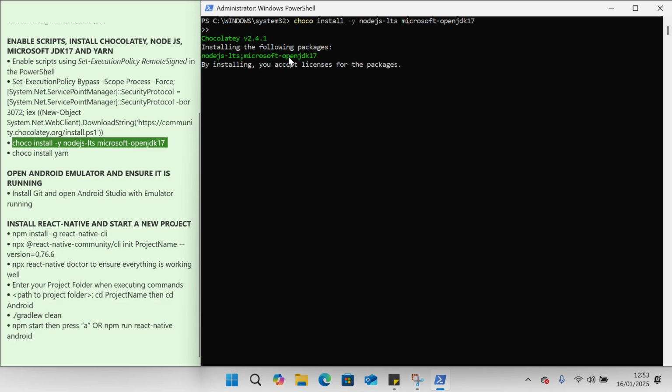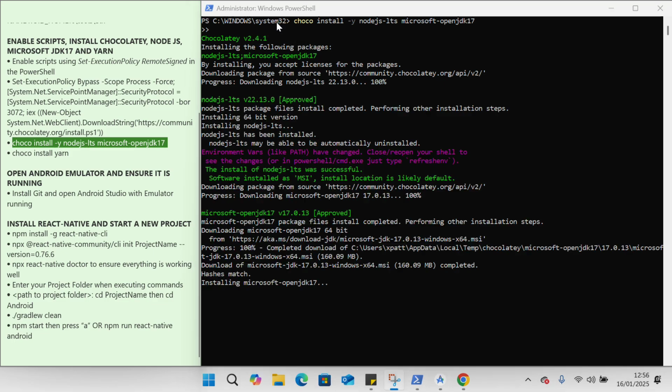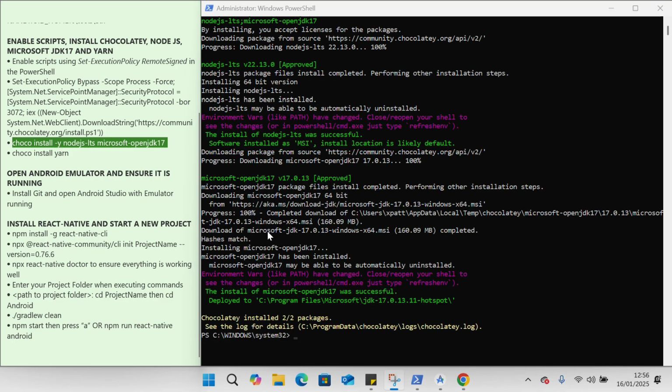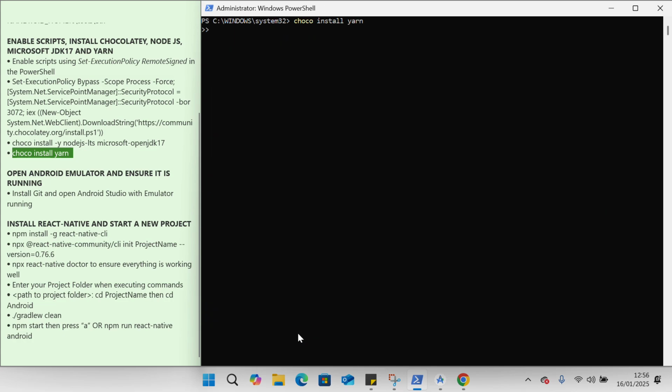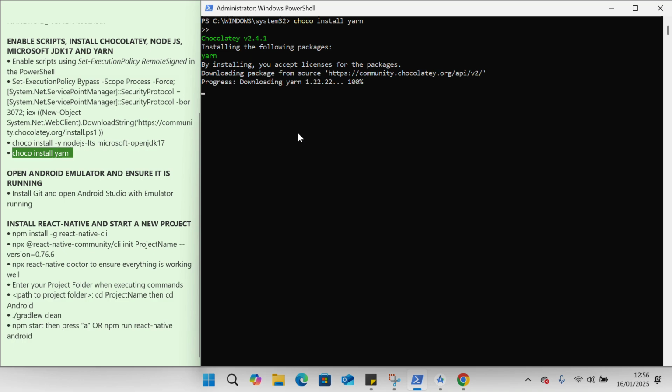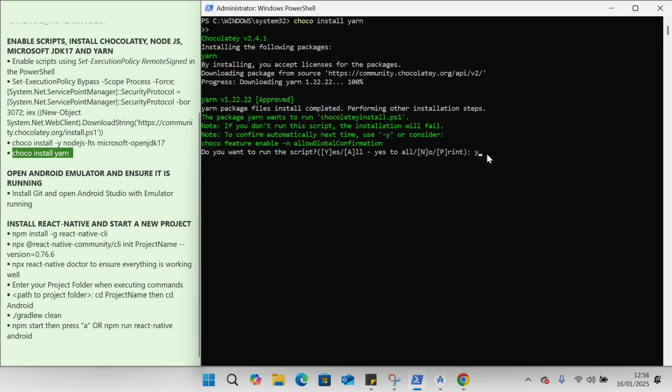So once we've done that, the next thing is to install Node.js and the Microsoft OpenJDK 17 using the command choco install Node.js and Microsoft OpenJDK 17. Next, we shall install yarn using the command choco install yarn. Okay, there we go. After installing yarn, accept any license requests or permissions during installation. Once we have yarn installed,